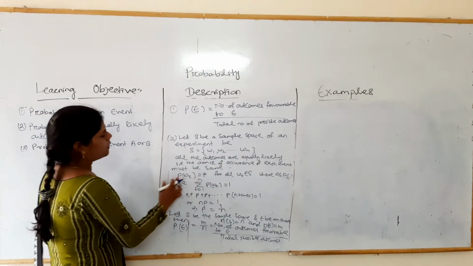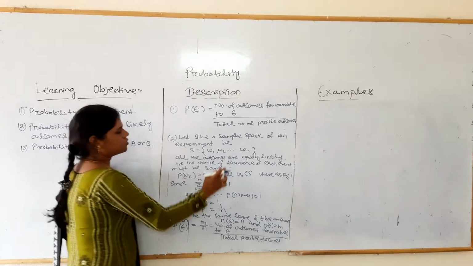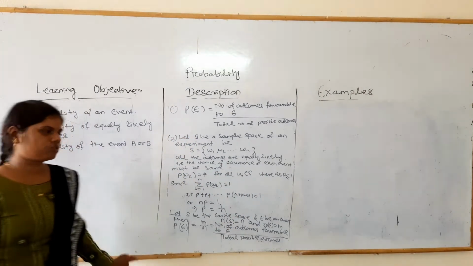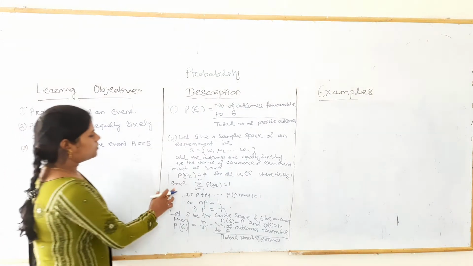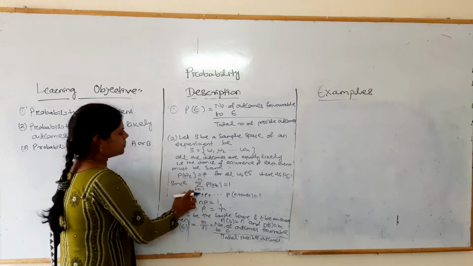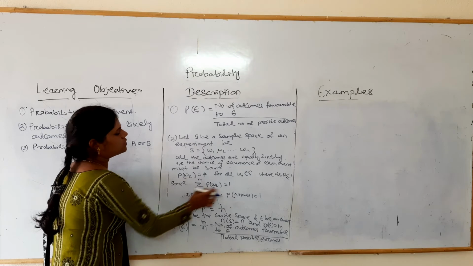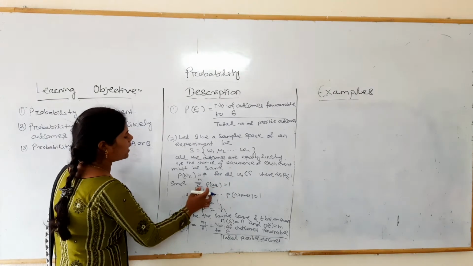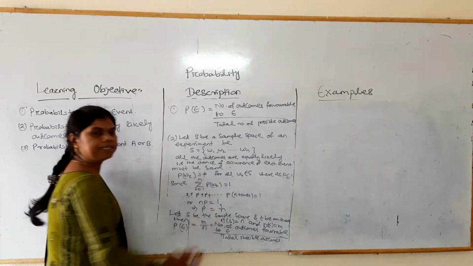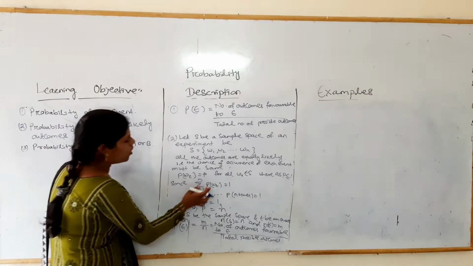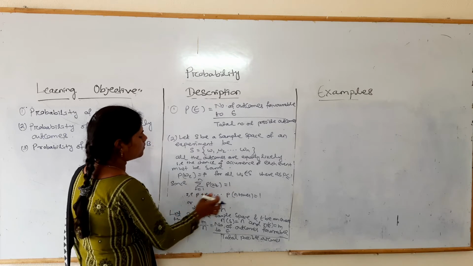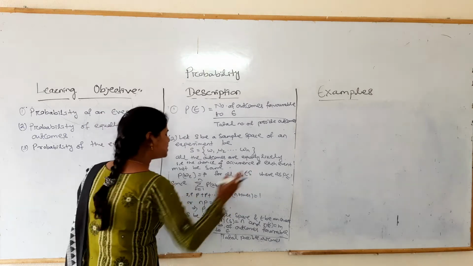So the probability of omega i equals p for all omega i belonging to S, where 0 is less than or equal to p, less than or equal to 1. Since the sum of the probabilities is always 1, the summation over i of probability of omega i is equal to 1. That means the sum, taking p n times, p plus p and so on, n times, is equal to 1.